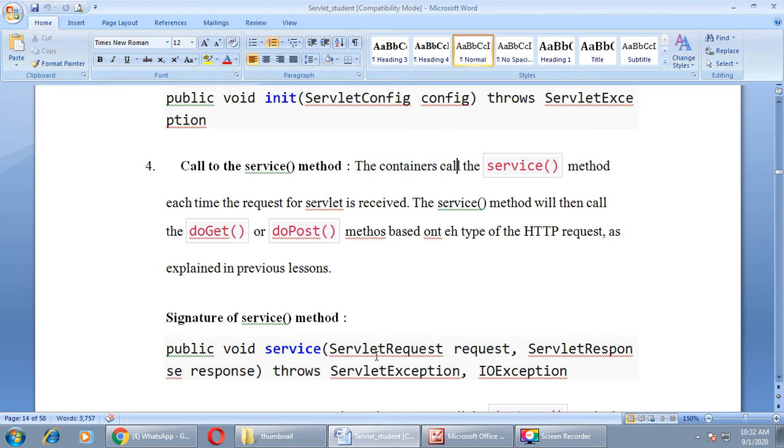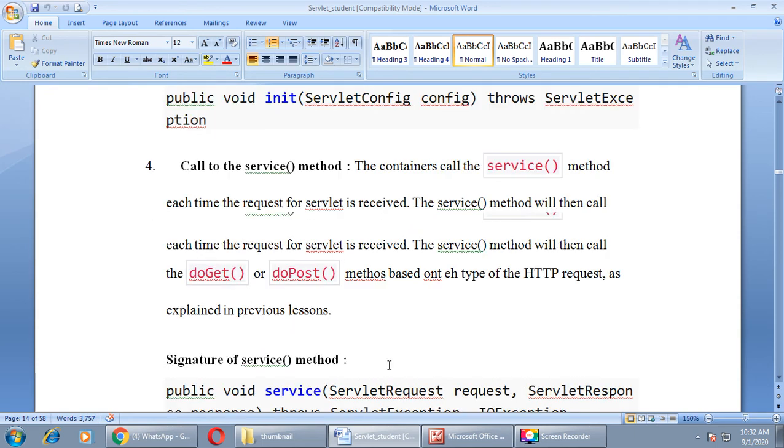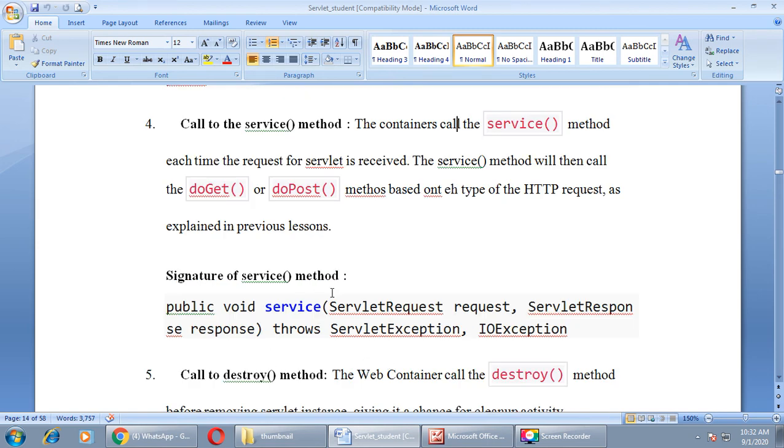Signature of service method. Here you can see the prototype or signature of parameters of service method: public void service. Here we will send 2 parameters, of type ServletRequest and the second parameter of type ServletResponse, right?